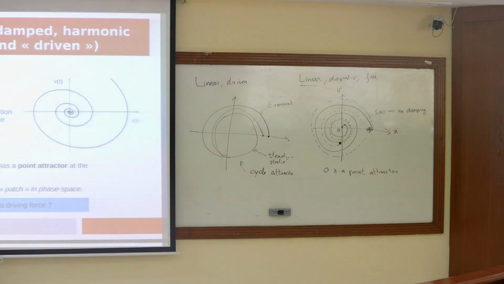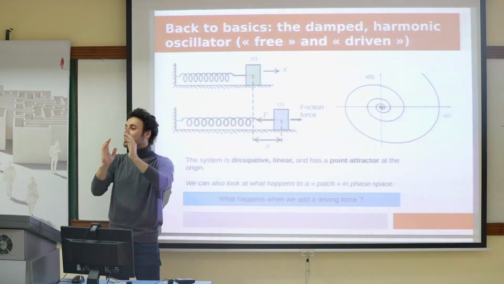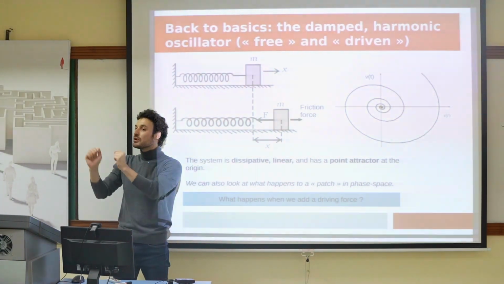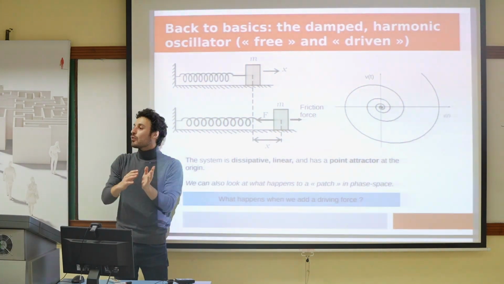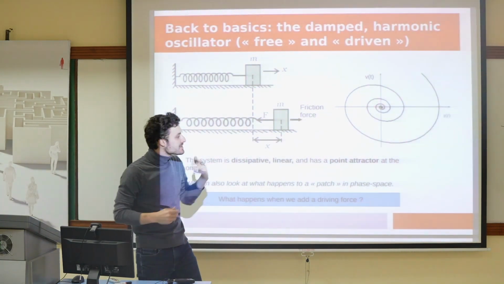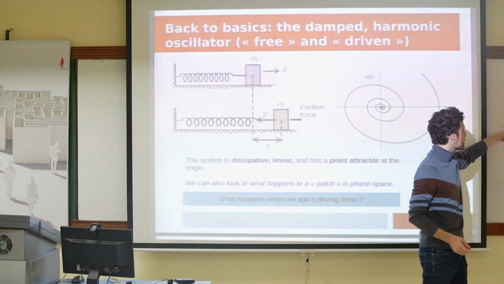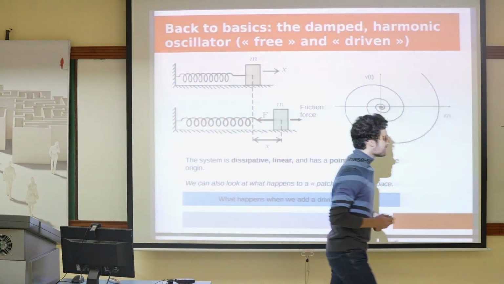If you try to push a swing very far from its resonant frequency, the response will be bad, whereas if you push a swing at exactly the right frequency, the response is large. But in both of these cases, the system remains linear, right? The response is proportional to the driving force. It's just that it'll respond better or worse, depending on the frequency you're trying to drive it at. But nonetheless, there's still a linear relationship, proportionality.